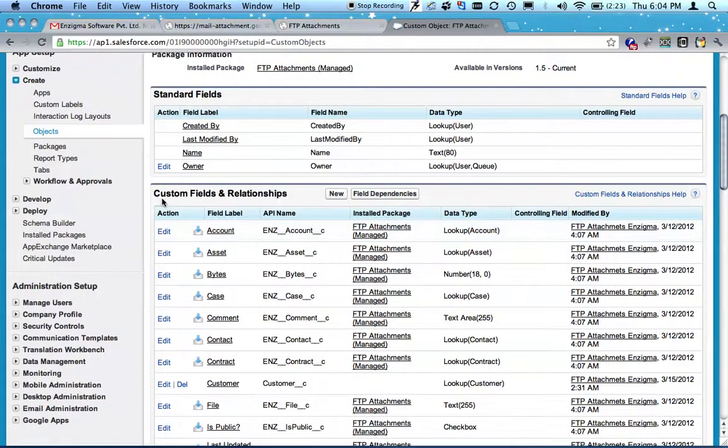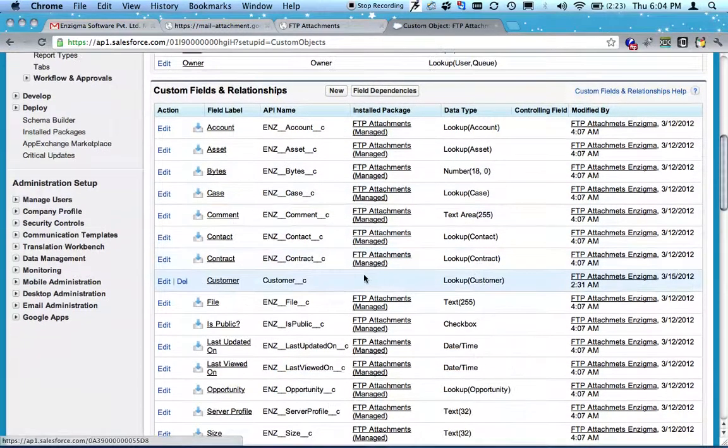In this Custom Fields and Relationships section, create a new lookup field related to our custom object customer. In this way, the customer lookup field will appear in the custom fields of FTP attachments object.